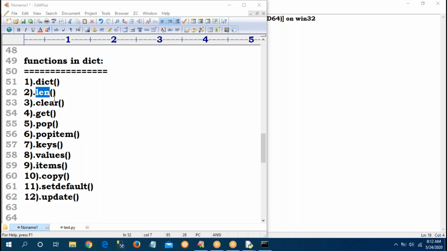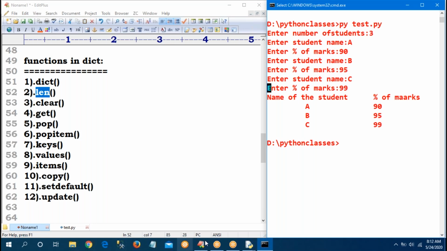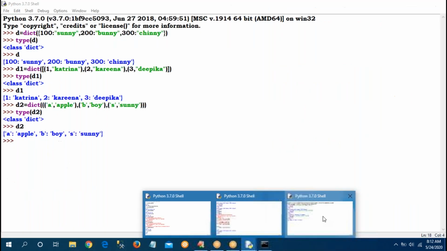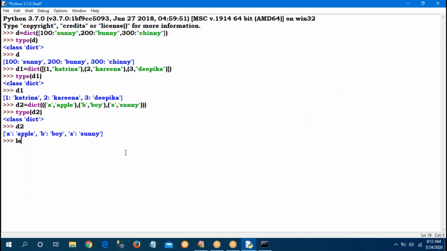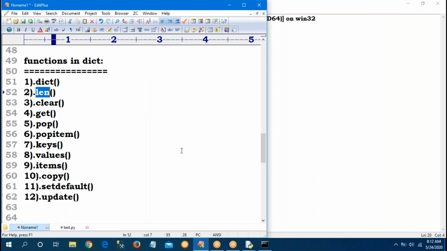Length means it will return how many items are in the dictionary. Any explanation required? Not required. Len of D. How many items are there? 3 items are there. Sir, clear. Clear means all the data will be gone.